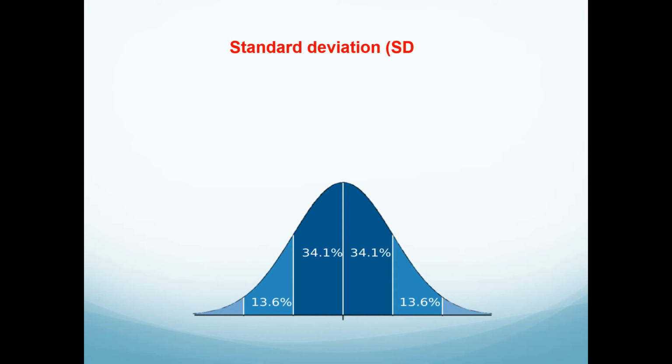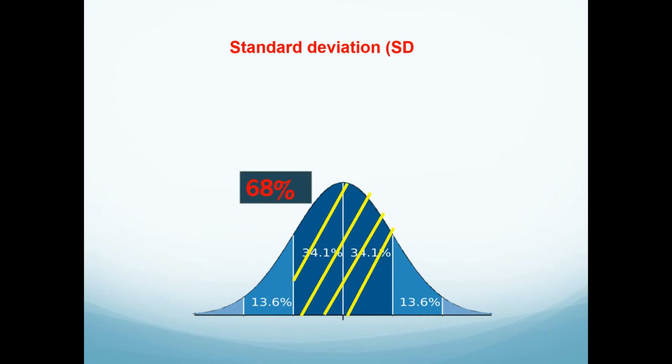When we are going to talk about standard deviation, we are going to talk about how values are spread around the average equally. So when we talk about the first standard deviation, from plus first standard deviation to minus first standard deviation, 68% of our sample is located. So the majority of the sample is located between the first standard deviation plus and minus.